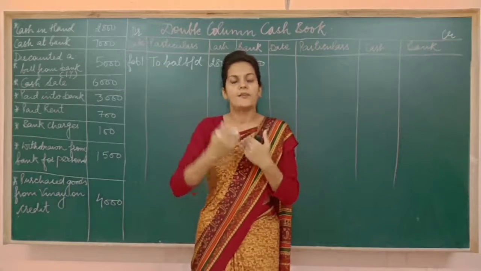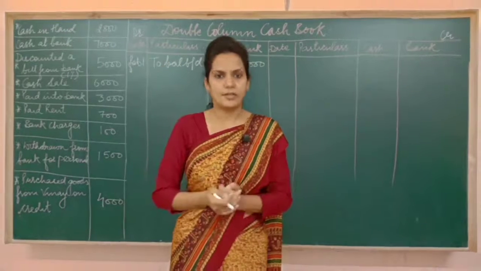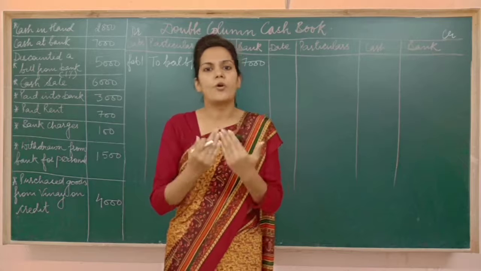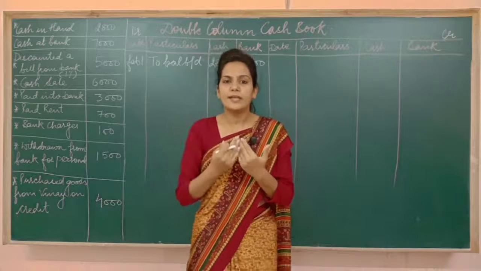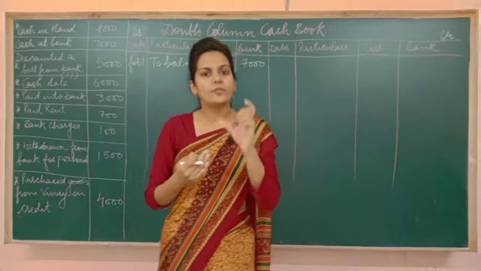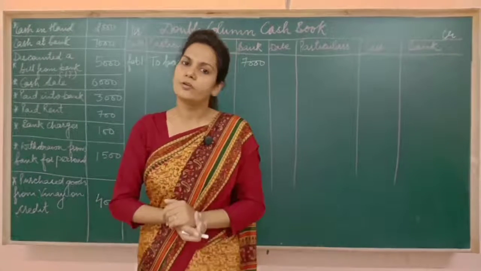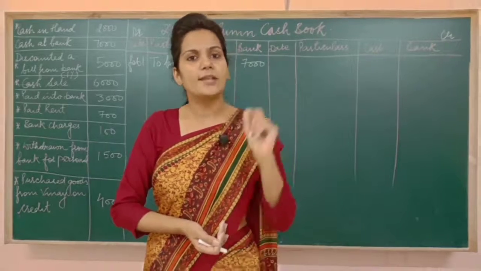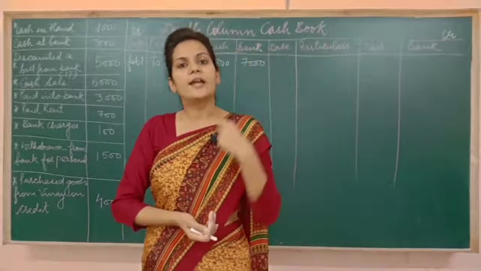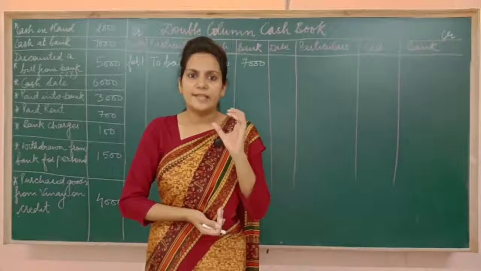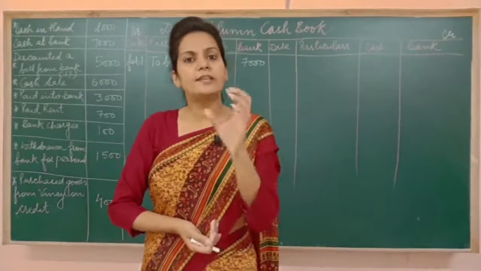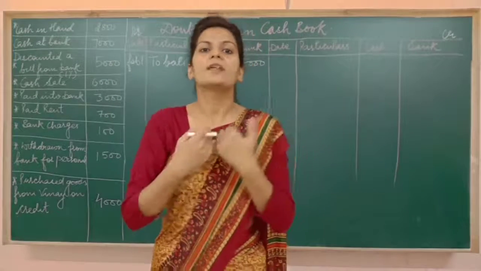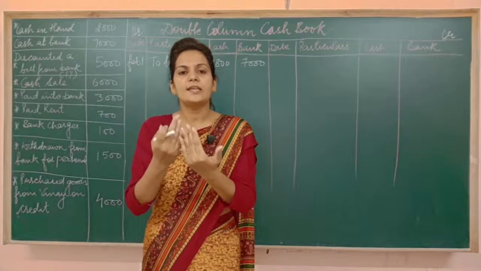Let's say I have sold goods to Ram on credit. It means I, the business, have sold goods to Ram on credit, so Ram becomes my debtor. Now I have given one official document to Ram. Ram has received that document, signed it, and returned it to me. It means debtors, after signing the document, return it to the seller. Here I am the seller and Ram is the buyer.